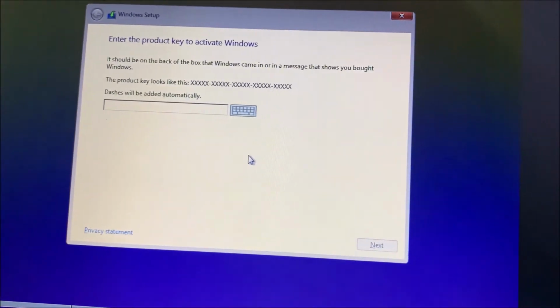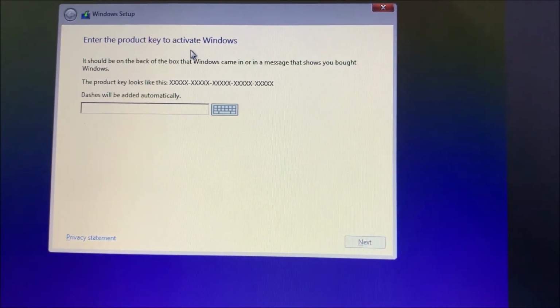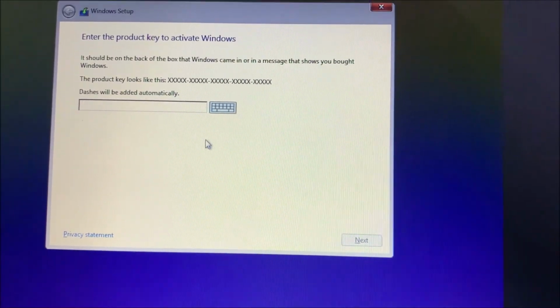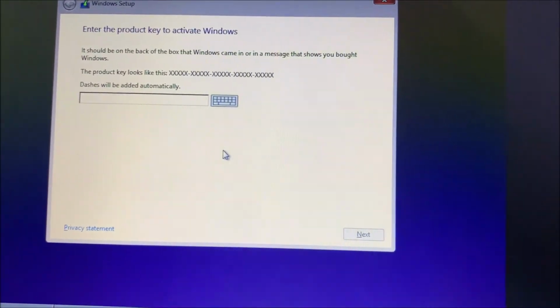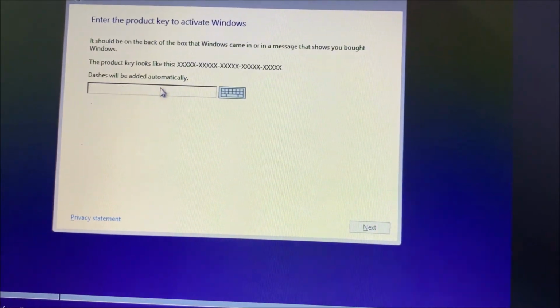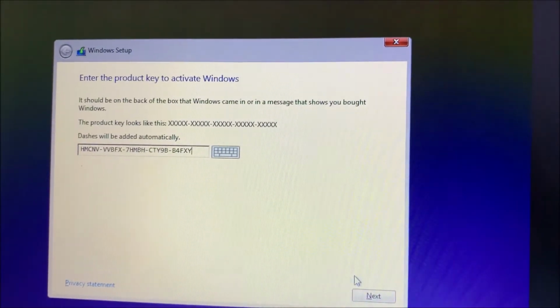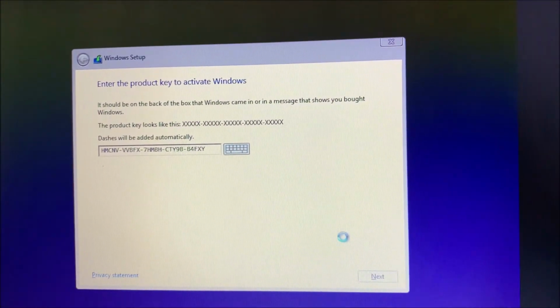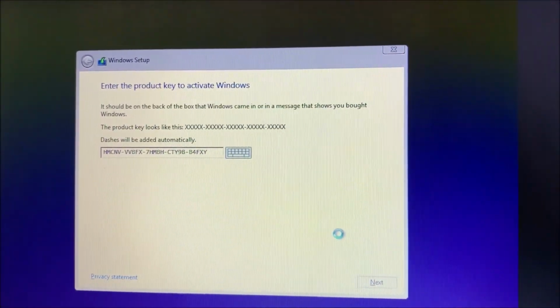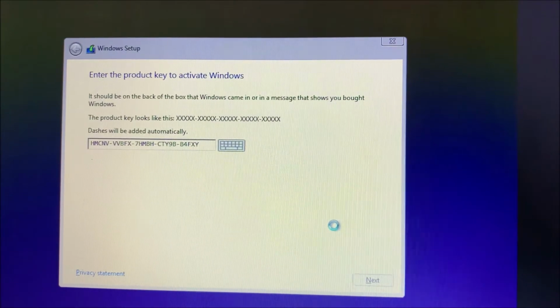Once you get this enter the product key to activate Windows page, I'll leave the product key link in the description and you can enter it in the box. I'll enter it and come back. Now you want to click on next. It will load.